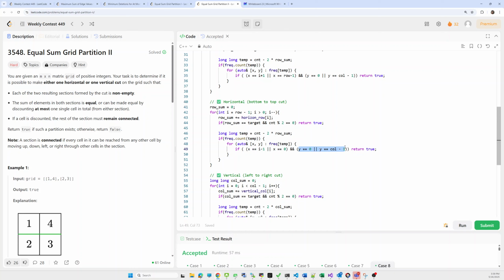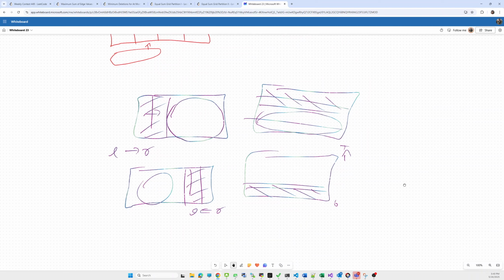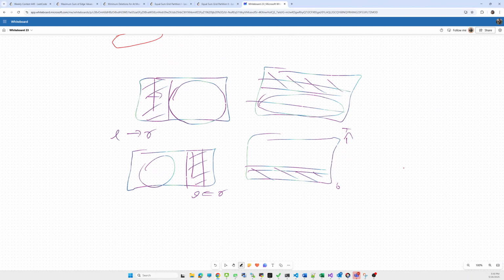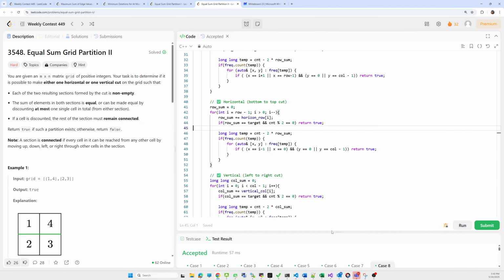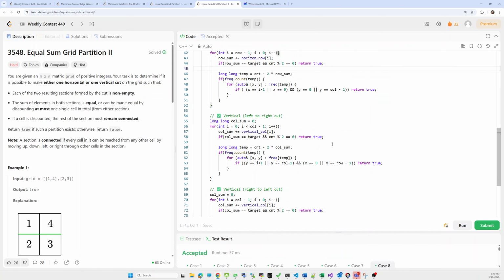Similarly, we have to check this y condition also, either it is on the left side or on the right side, meaning the corner condition. The element should be in this range. So we are able to discontinue the element only from this range, not from this one or this one. I think you are able to visualize the things.